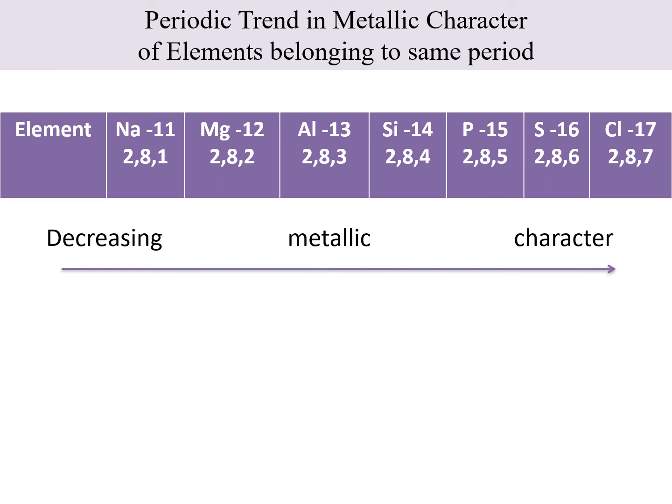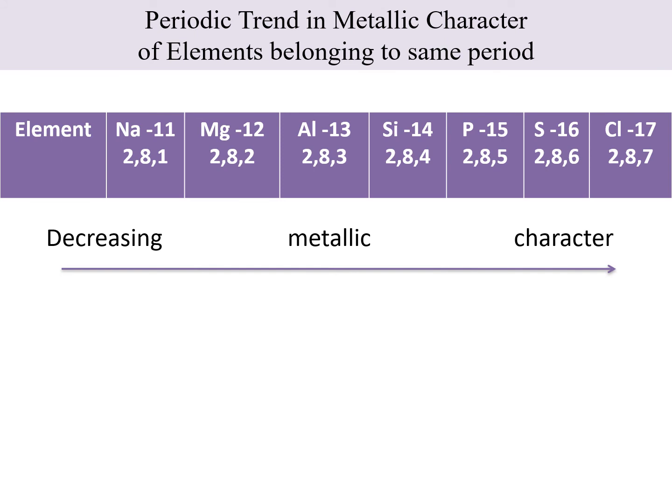They have 1, 2 or 3 electrons. They lose those, we have already seen them, and they acquire the electronic configuration of the nearest inert gas. Then we have silicon, which is a metalloid. We will not talk about it. We will talk about the remaining 3 non-metals which have 5, 6 and 7 electrons in the valence shell.